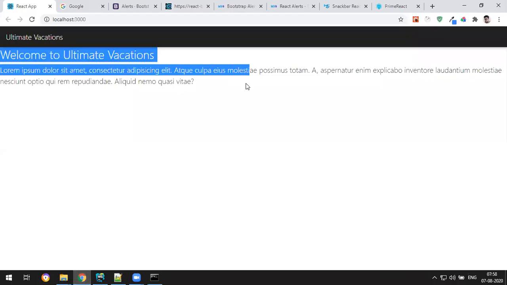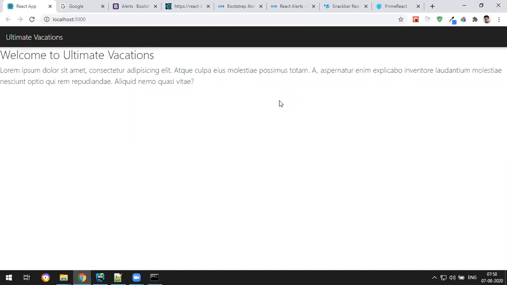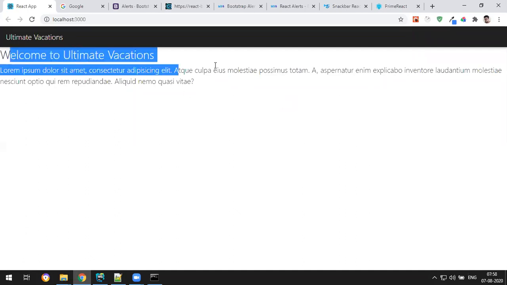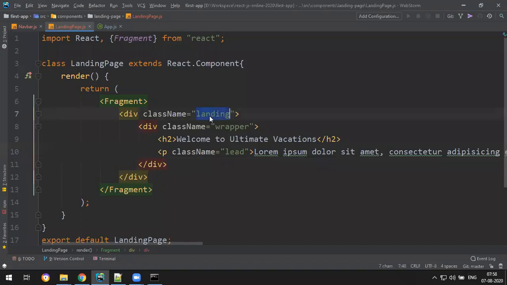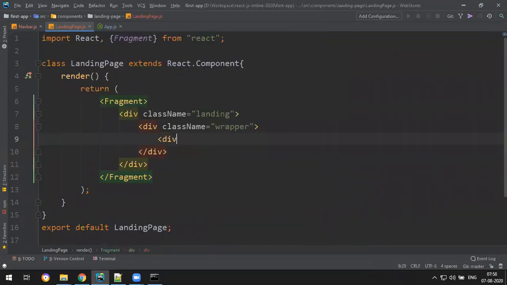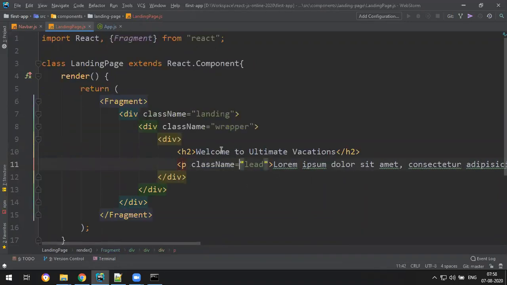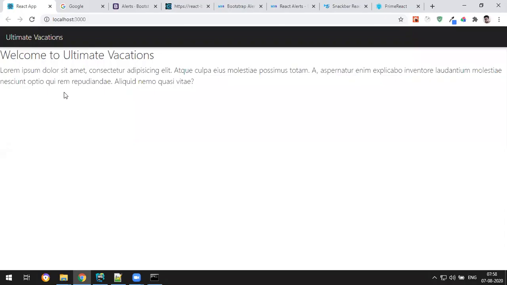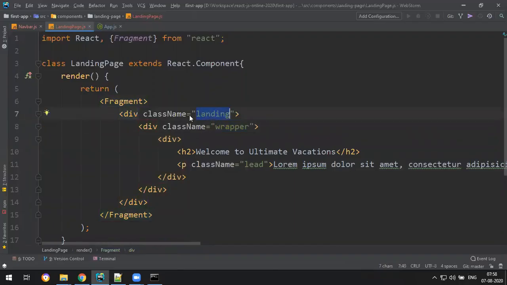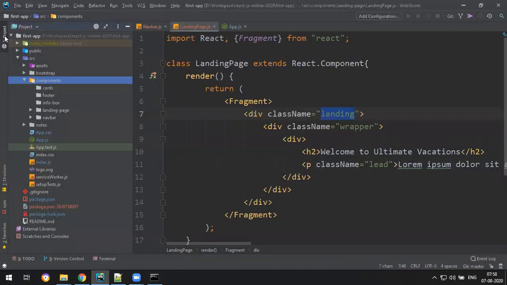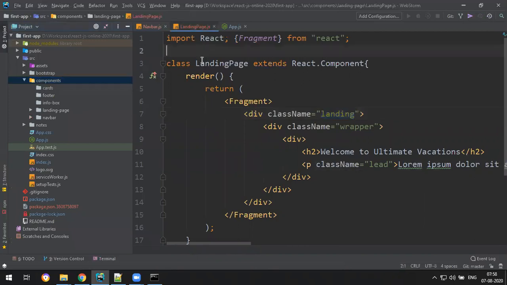Yeah, you got this. But for this one, I want to have a nice background image and on top of that this text. So what are the classes? Landing and wrapper. I want to keep them inside one more division so that I can write display flex and all. I want to give some styles for landing, some background image. Where do you write the styles? I'm not going to write a style specifically for this component. I want to use global styles because that's the best approach.